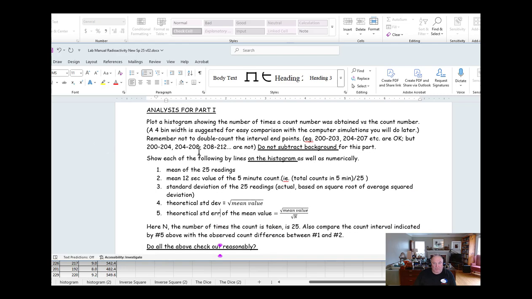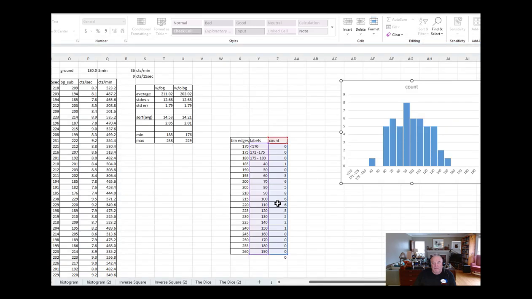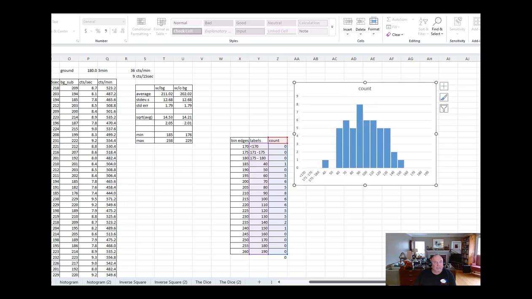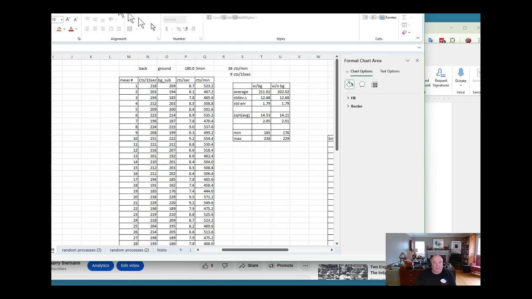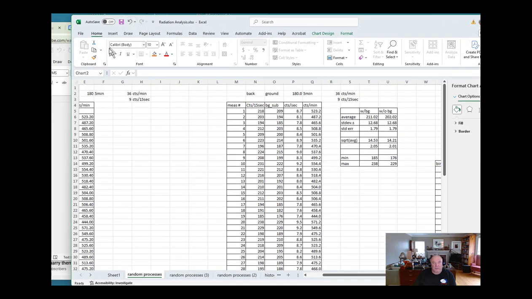Right, so showing each of the lines as well as numerically. I'm not quite sure what that means. I haven't fixed everything. But I actually don't know how to have Excel put a line in this. I know how to do it in a scatter graph, but for us, we can just go to, let's see,